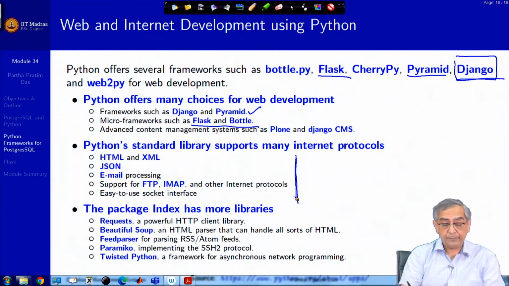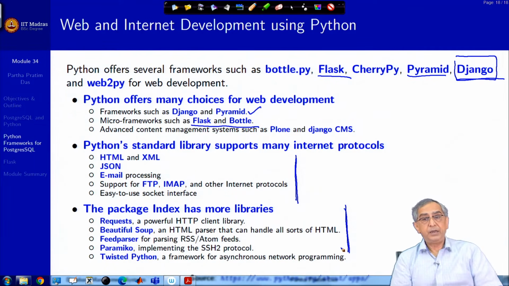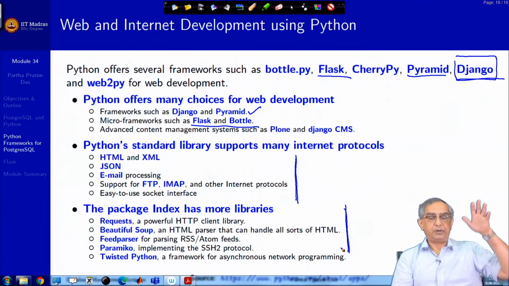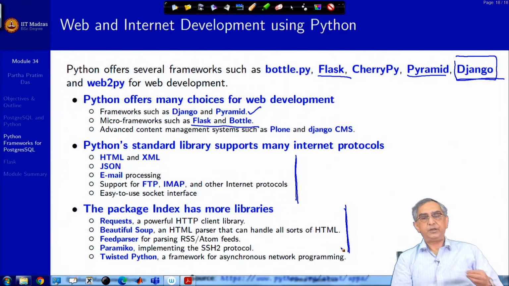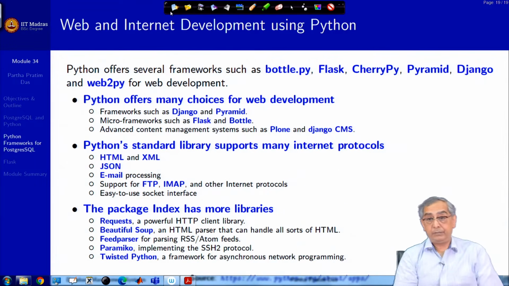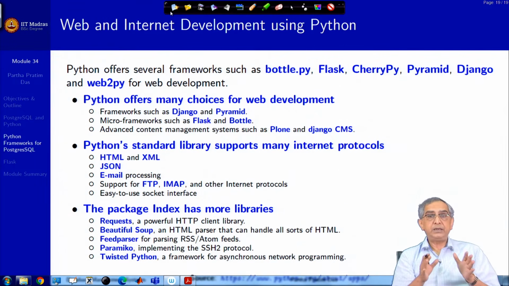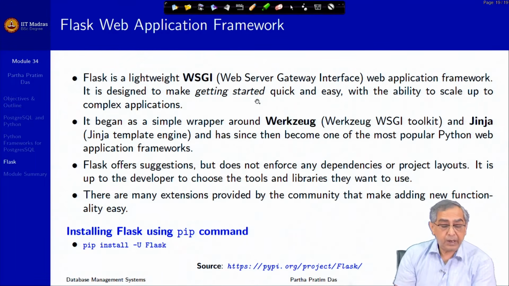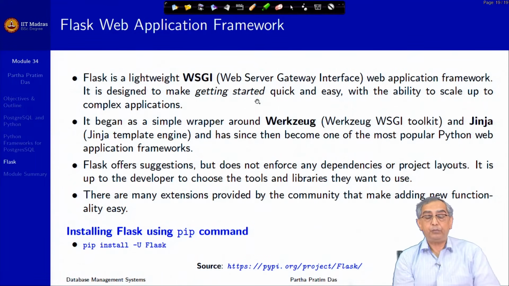You can use the package index, which has a lot of other libraries. So, it is not possible to just keep on talking about them. These are just pointers to tell you that there are a lot of things. Go into the Python documentation of different modules and frameworks and start using them. Learning in developing an application is basically starting to use the framework